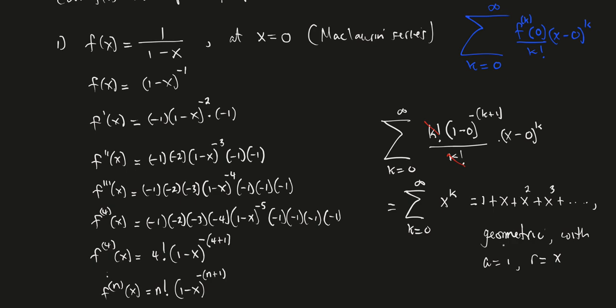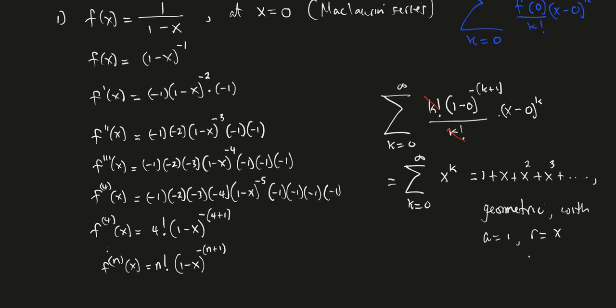However, what do we know about the geometric series? It only converges when your common ratio is between plus or minus 1. So let's write this down, right? So f of x, which is equal to 1 over 1 minus x,